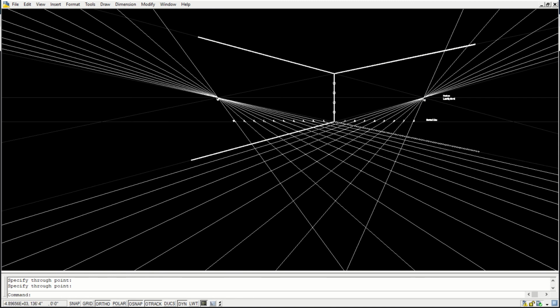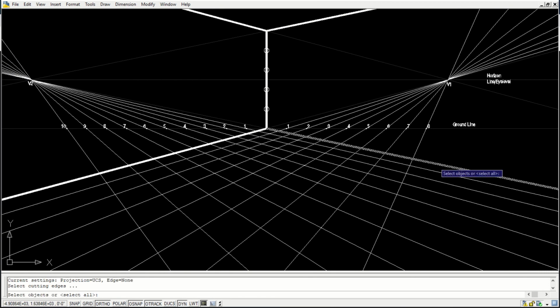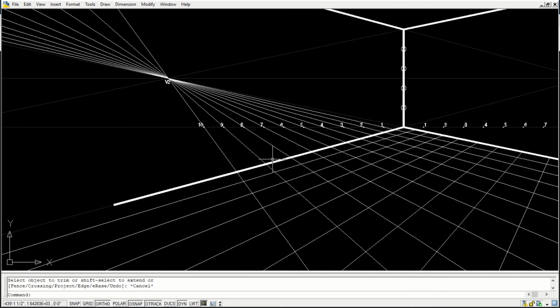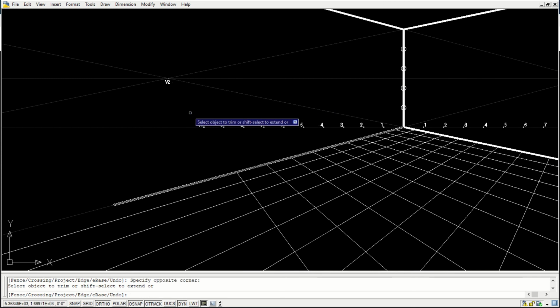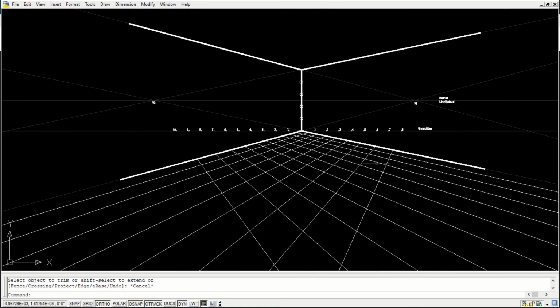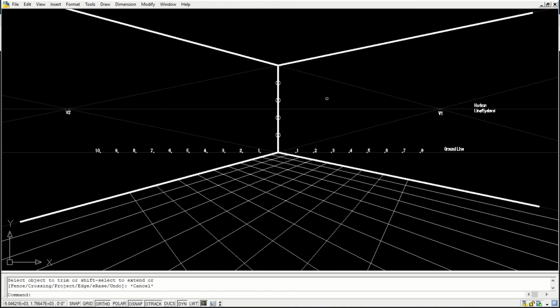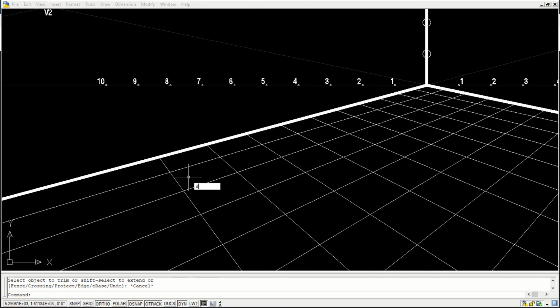Okay, so we have this grid formed now. What I do now is I'll just remove all these grids. So we have this base ready for making the object. This will be 2 feet here.